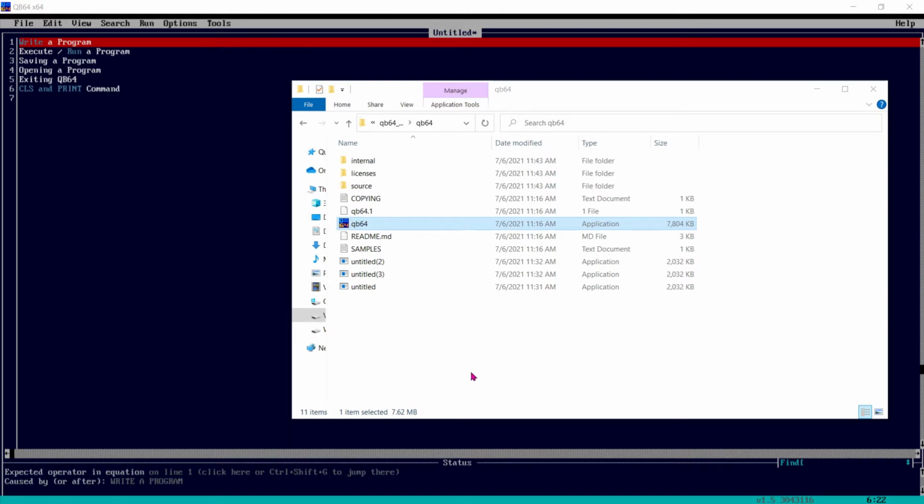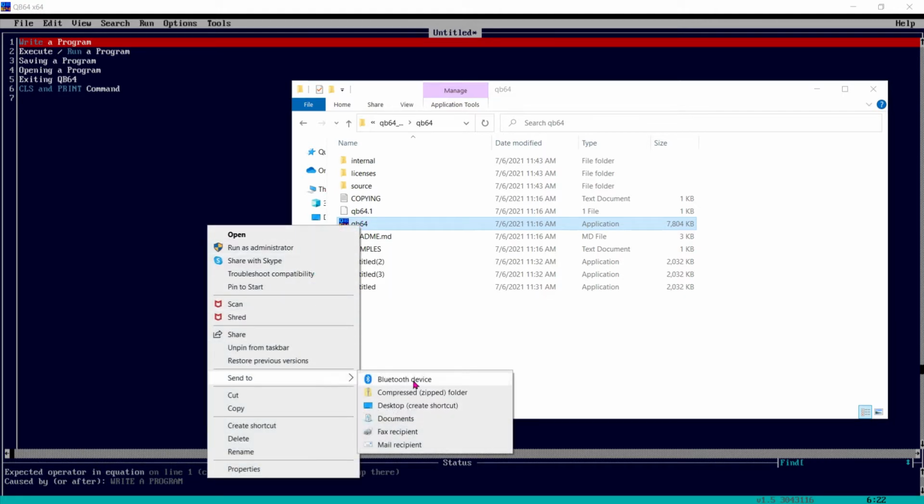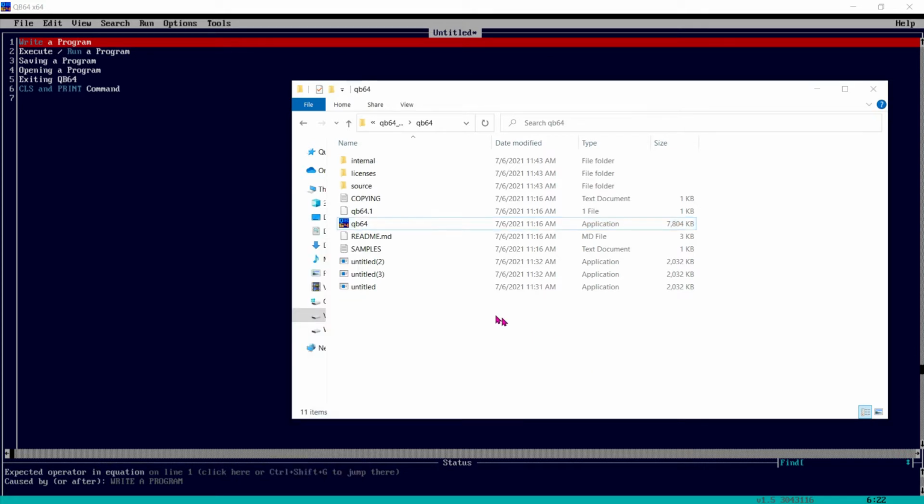I hope you have seen my first video, the introduction tutorial, where we have seen this extracted folder where we extracted QB64, and we have seen this icon QB64. Every time you want to use QB64, you have to click on this. So it is better to send it to the desktop. By clicking on that, you can come to this editor.